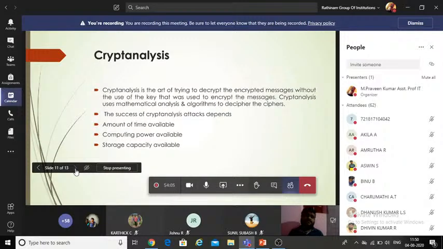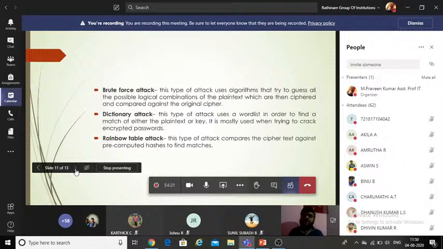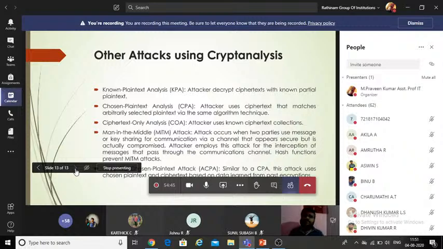Okay, what about cryptanalysis? Cryptanalysis is nothing but breaking the security. How am I going to break the encryption? By using some techniques, that is brute force attack, dictionary attack, rainbow table attack. Brute force is nothing but trying all the possibilities. In a dictionary attack, we have a set of words and I rearrange my words till my original message is retrieved. A rainbow table attack is where the new ciphertext is compared with the previous data. Clear? And other cryptanalysis types: known plaintext, chosen plaintext.